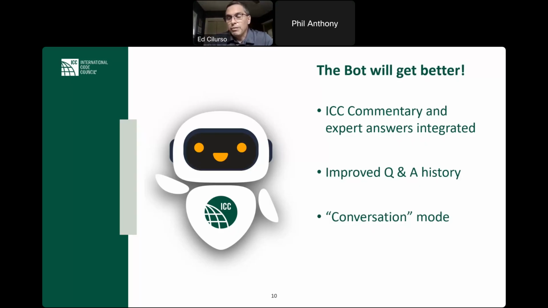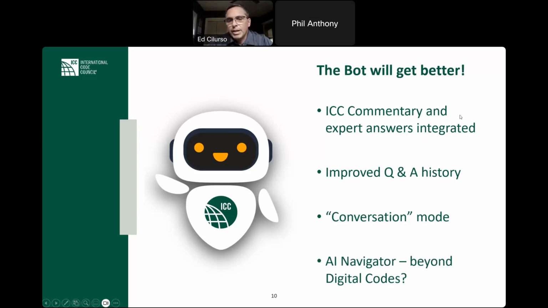But we do have users that would benefit from that conversation mode. So actually our plan is to offer users a choice as they move forward and use AI Navigator. So definitely look for that. It's something we will promote when it's available as well.